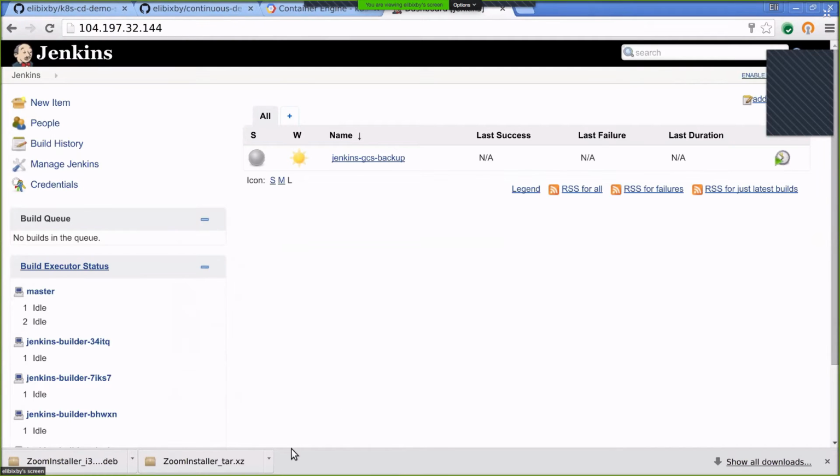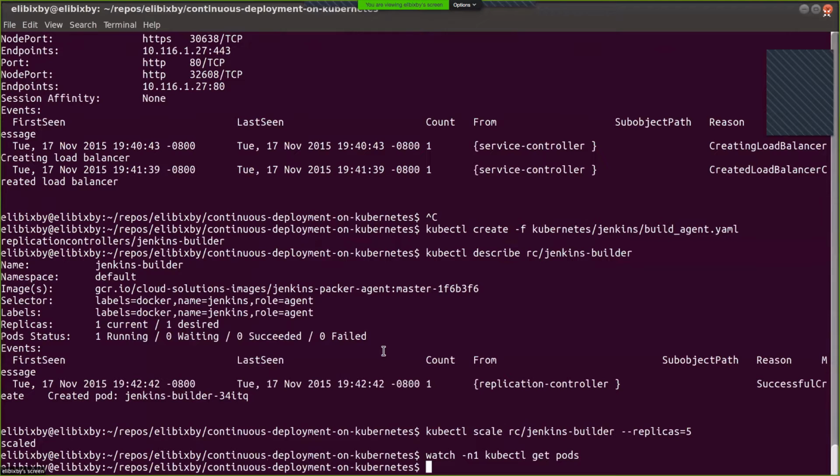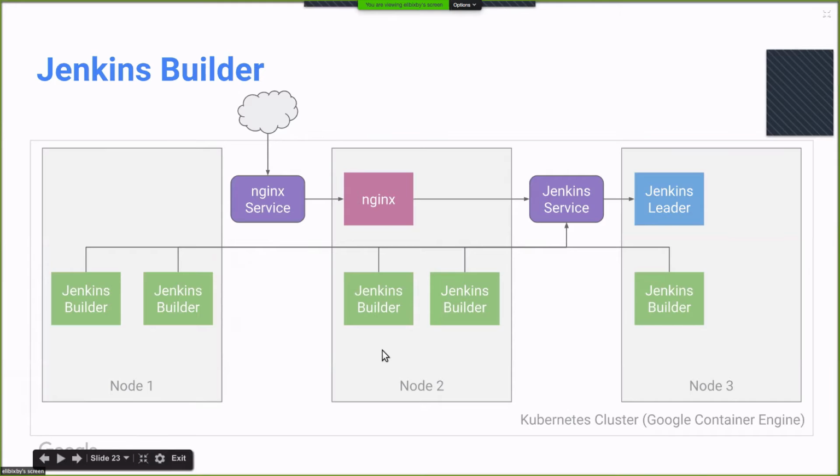So here, great. We've got 5 slaves now. Fantastic. All right, so this slide now accurately represents our cluster state. We have an externally available Nginx reverse proxy that points to our Jenkins service, and that points to our Jenkins leader, and our Jenkins builders talk to Jenkins through our Jenkins service, which provides a static cluster IP.